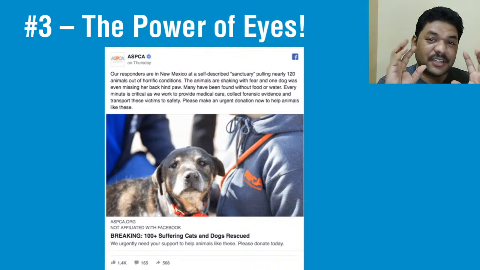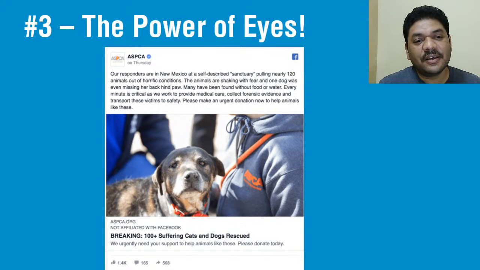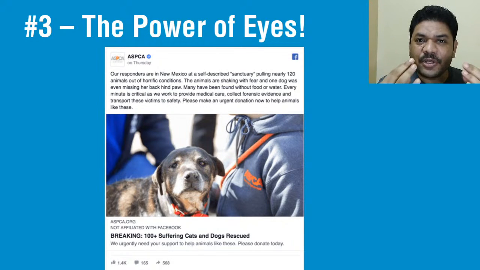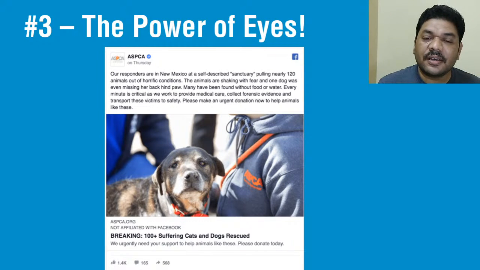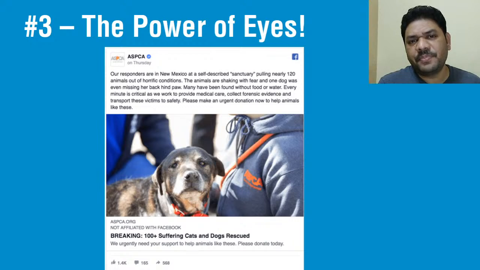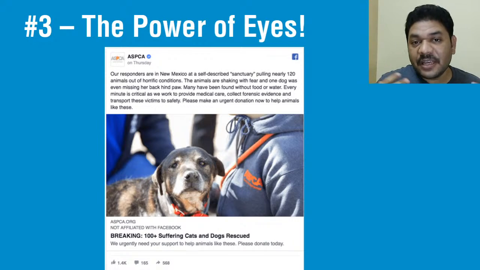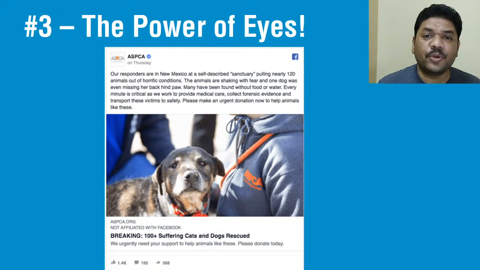Third, and the most important and very interesting part: the power of eyes. In every design or poster, the eye speaks more powerfully, even in paintings and in any form of images and pictures. If you have a photo of a physical person, the eye speaks more beautifully. So that's what I'm going to say in this also.